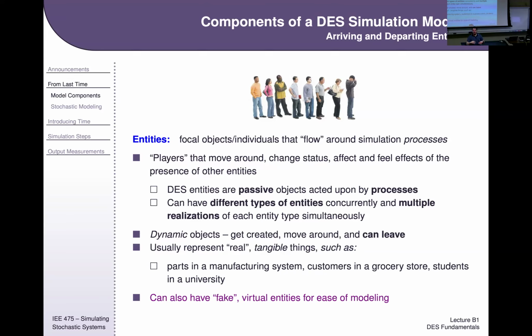So inside your model, you have this little entity that is constantly shuffling between these two processes, the north-south green process and the east-west green process. And it just gets bubbled back and forth. Now, this entity doesn't exist in real life, but it's more convenient for us to build a virtual entity in our software model. Most of the entities that we'll talk about in our models will be able to map to things in real life, but occasionally we use virtual entities just for convenience in the model. So